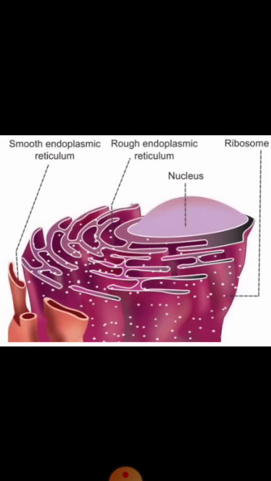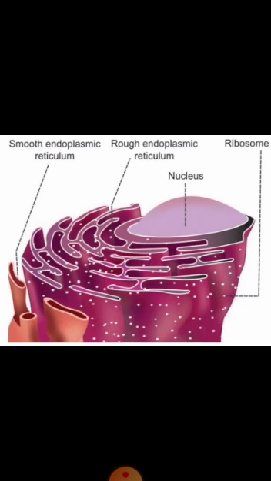These are called smooth because there is no deposition of ribosomes on its wall. So, here from the picture you can see the brownish color tube-like structures, they are the smooth endoplasmic reticulum. Here lipid synthesis takes place. One major function of smooth endoplasmic reticulum is it helps in detoxifying many poisons and drugs. Smooth endoplasmic reticulum also transports the produced protein and lipids to the Golgi apparatus.